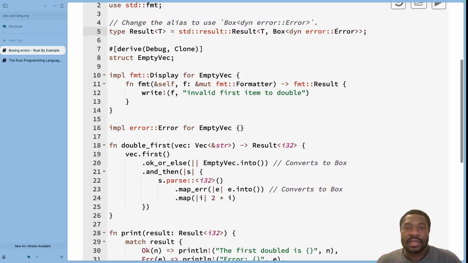So basically, a generic error. So this can hold a generic error here. And then what happens is that now we do ok_or_else. So previously we did ok_or, and we were doing a map_err. So basically this ok_or error would